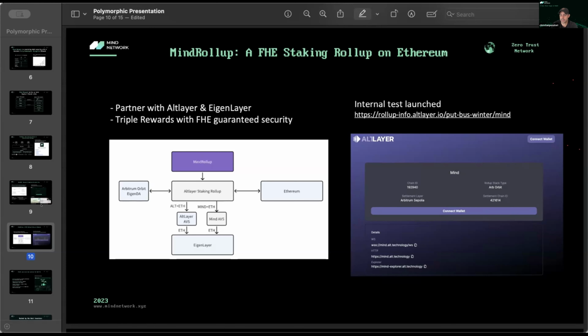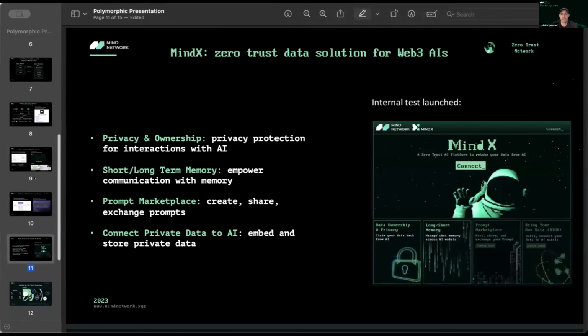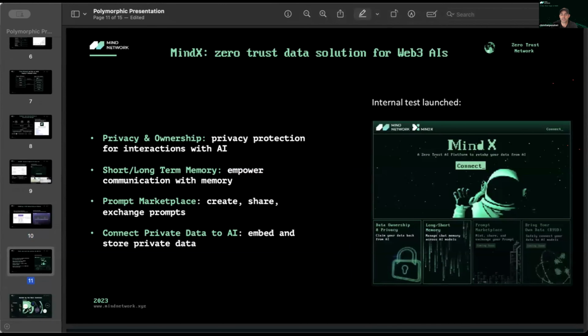So this is a really exciting theme as well happening in Web3. And then touching back to the AI, we did actually launch a DApp as well, again, to kind of bootstrap this. So Mindex makes a call to ChatGPT, and you can interact with ChatGPT through Mindex, but your chat history and your prompts are stored locally. So you don't actually share that data back to ChatGPT. So this is really crucial.